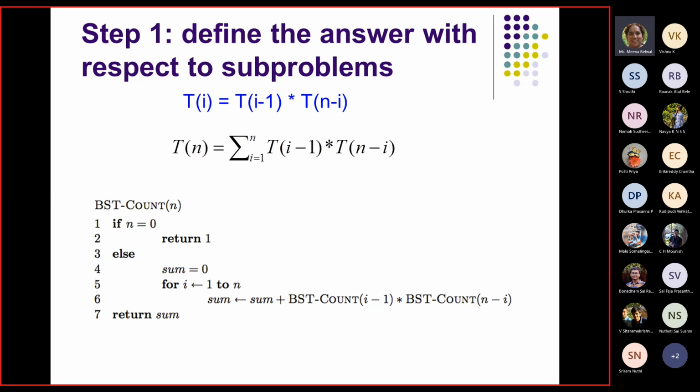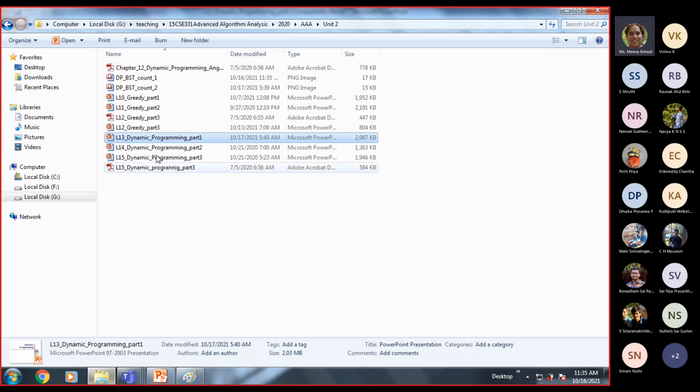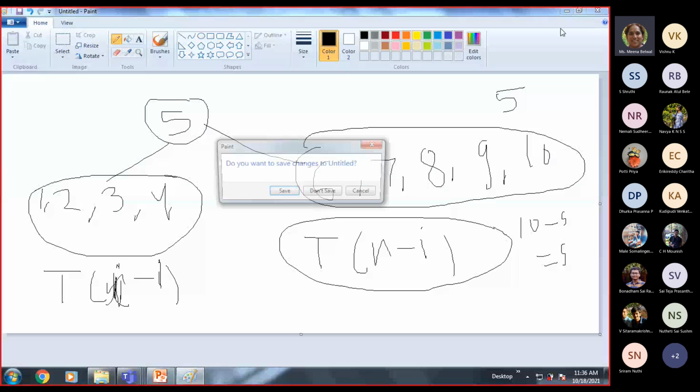I think with this, if I wind up, you are satisfied. We will definitely discuss it tomorrow. I have made examples also, students. I have already made PNG images to show you. But I have to take another class at 11:40 for other students, a special class. So I'm winding up here now.